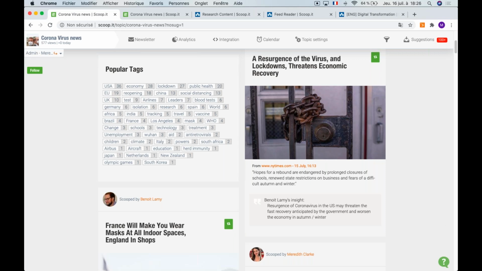And the other question that we have is, do we have a mobile app? So yes, we have an application on iOS and on Android, which will offer you pretty much all of the features that you've seen here, which is great for publishing on the go, if you're traveling, etc.